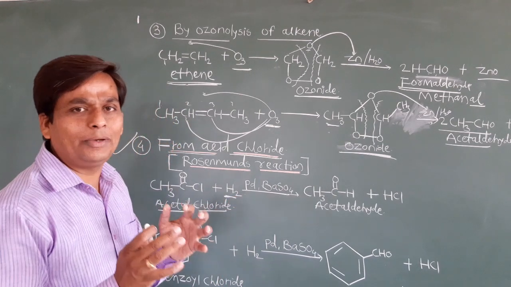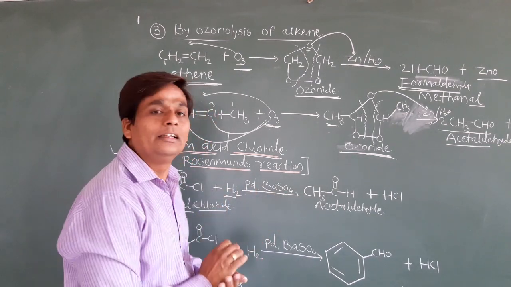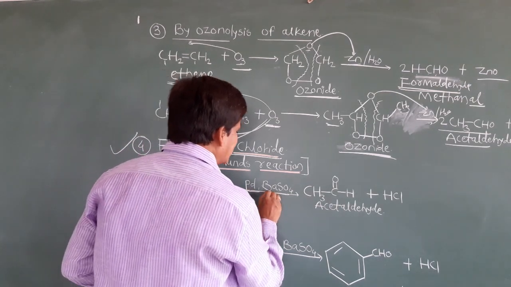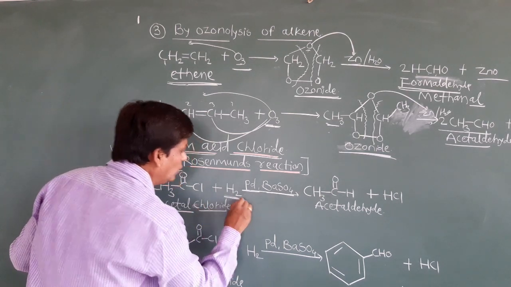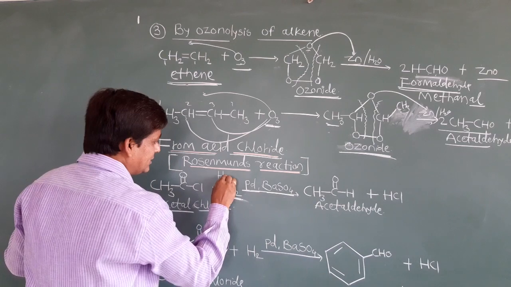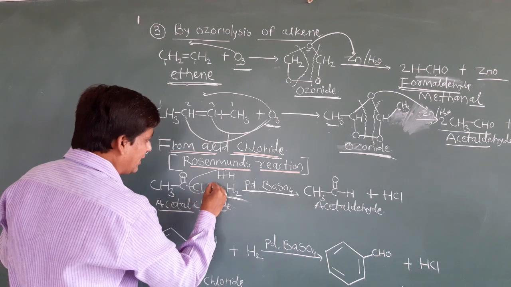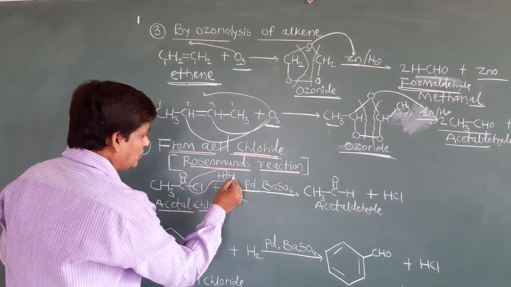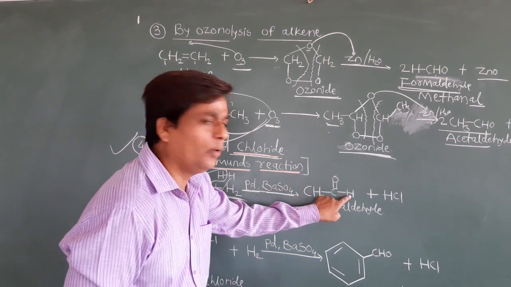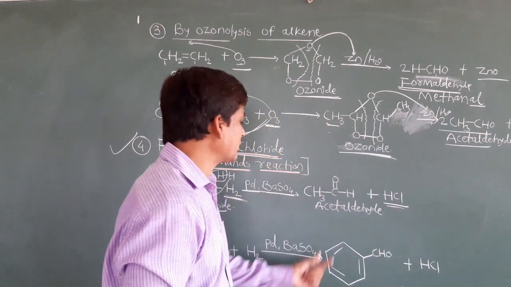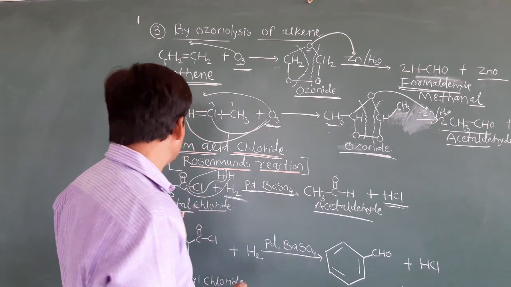It undergoes reduction. You know in reduction, we can always add hydrogen, H2. And here you can use palladium and barium sulfate. These are the strong reducing agents. Palladium as well as BaSO4, barium sulfate. So what happens, students? Here I am using H2, means 2 hydrogens are there, H-H. Okay, so what happened? It undergoes reduction. HCl will be removed, like this H and this Cl. HCl is removed and the remaining hydrogen is going to attach to this carbon. So here we will get CH3CHO, and HCl is removed as the byproduct, and here we will get acetaldehyde. Now clear how we get acetaldehyde by using acetyl chloride?